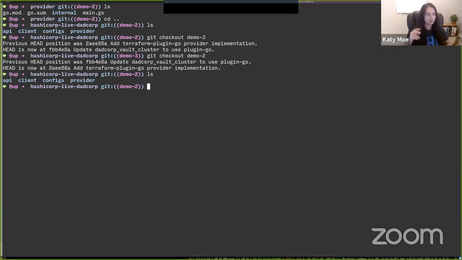Great. Yeah. Okay. So I'm going to show an actual concrete issue that we currently have with providers implemented in helper schema, and then how we can basically solve that by rewriting in Plugin Go. So actually, to go back to the question about other languages, you can implement a provider in another language. All you have to do is fulfill the specification of the gRPC protocol in the proto file.